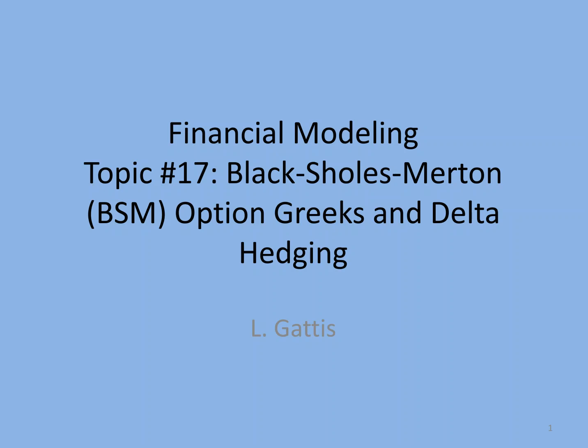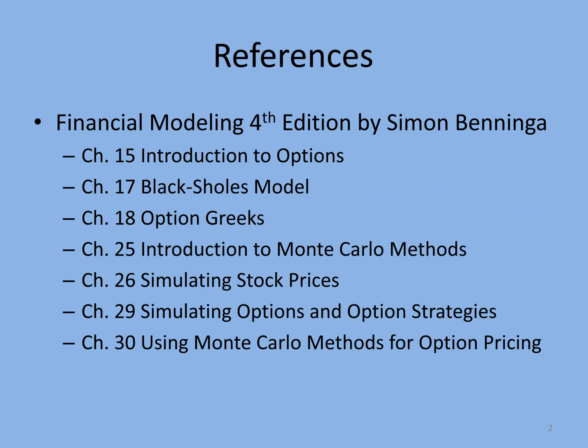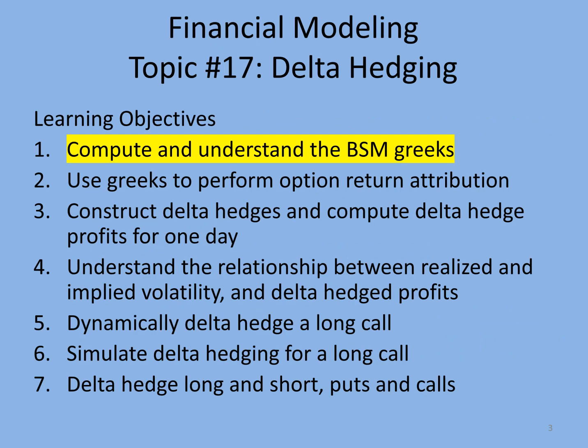Financial Modeling, Topic 17: Black-Scholes-Merton, or BSM, Option Greeks, and Delta Hedging. Copyright Lou Gaddis. References include Financial Modeling, 4th edition by Simon Benninga, chapters on options, the Black-Scholes model, the Greeks, Monte Carlo methods, simulating